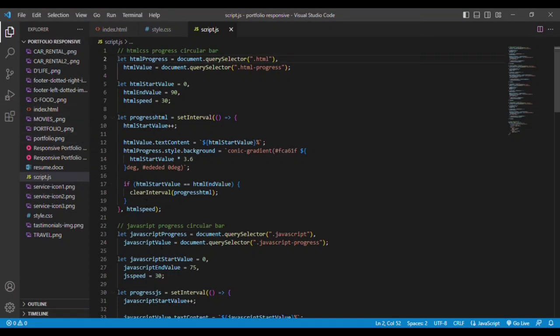So HTML speed is the speed at which the radar moves from 0 to 90%, and that is mentioned here as 30 milliseconds. In a similar way, just as I have mentioned HTML progress here, if you go here we have CSS progress, JavaScript progress,